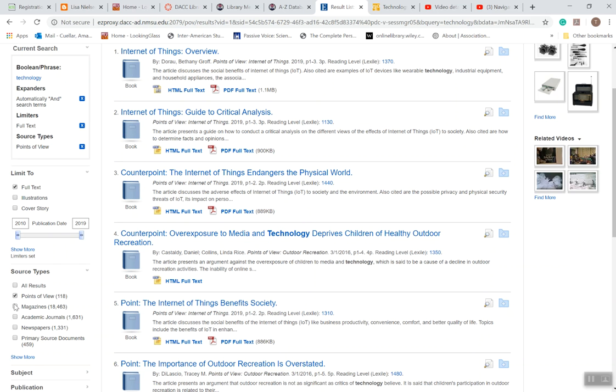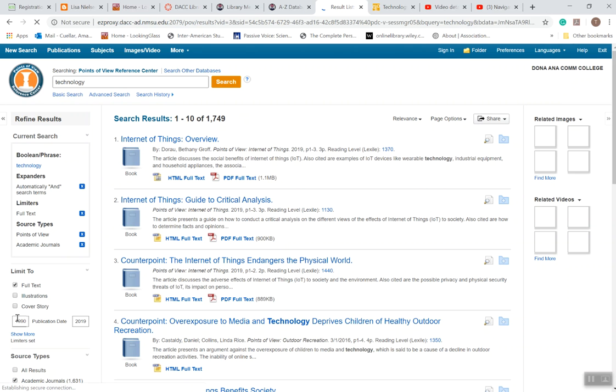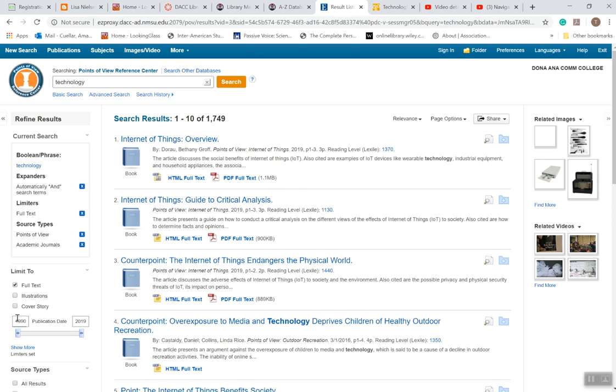But let me click on Academic Journal here. I clicked on this box that says Academic Journals just to see if I get articles. So here it says book. If you look at this icon here, so usually when I'm doing research, what I do is I'll type in